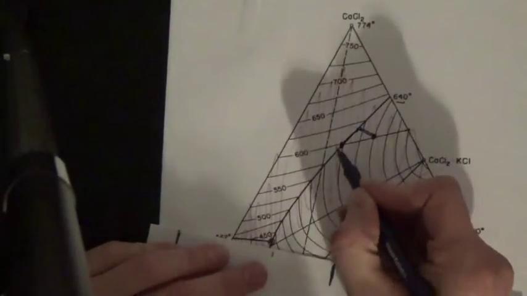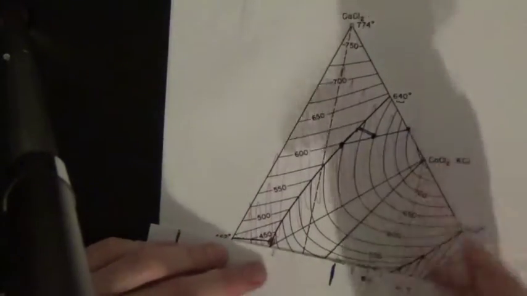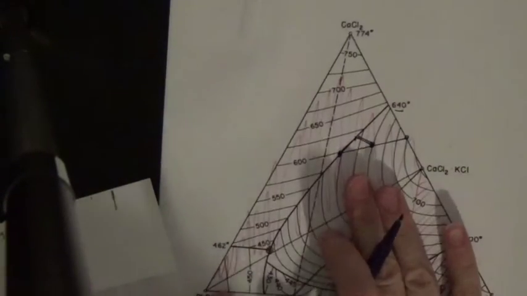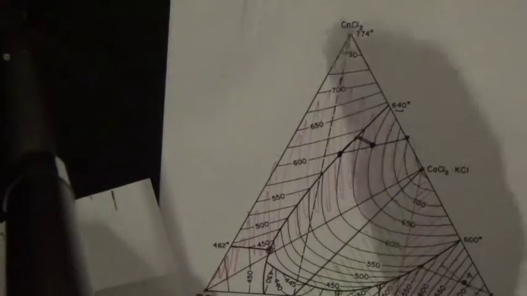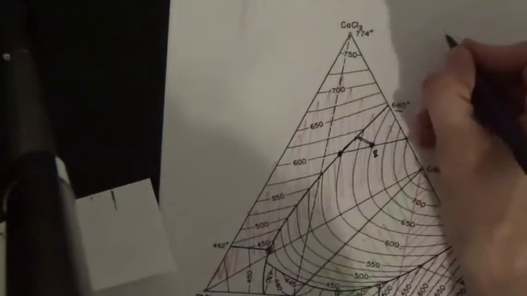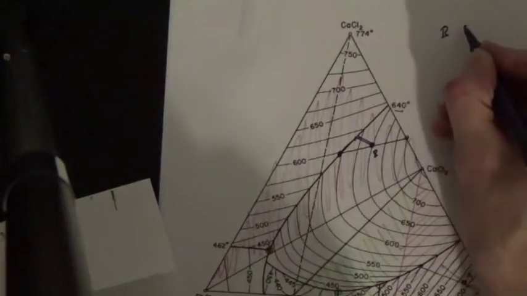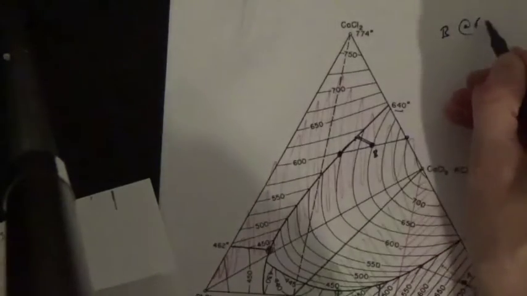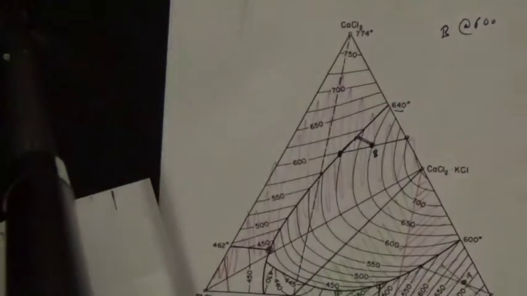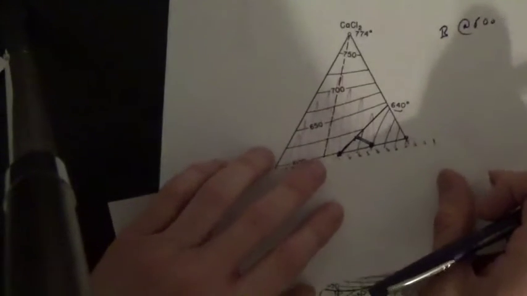So there's where we got the liquidus. Okay. So now let's call this point B. Point B at 600, we have a total tie line length of